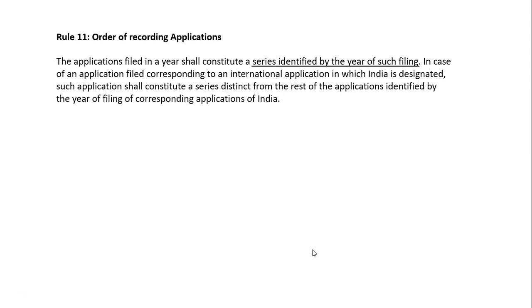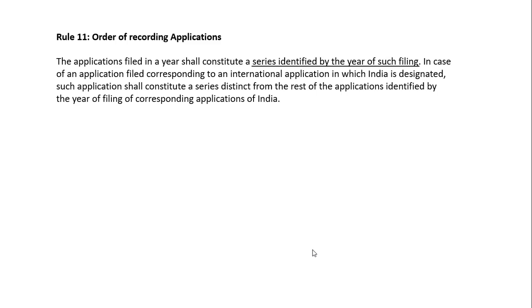Rule 11 says the order for recording the application. The application filed in a year shall constitute a series identified by the year of such filing. In case of an application filed corresponding to an international application in which India is designated, such application shall constitute a series distinct from the rest of the applications, identified by the year of filing of the corresponding application in India. सपोज फॉरेन एप्लीकेशन इंडिया में फाइल होती है, उसका भी सिमिलर नंबर रहेगा हमारा जो है, बट उसकी सीरीज